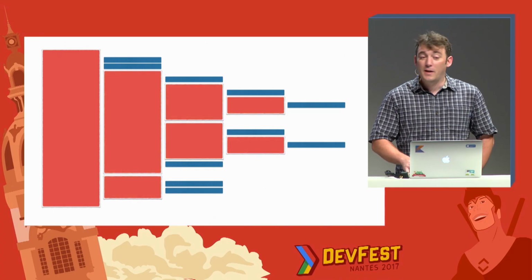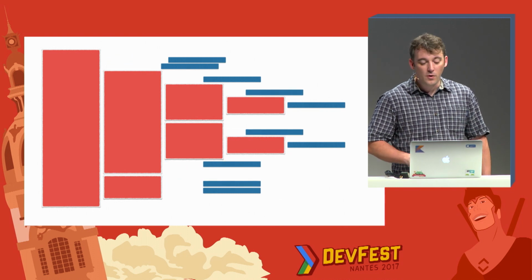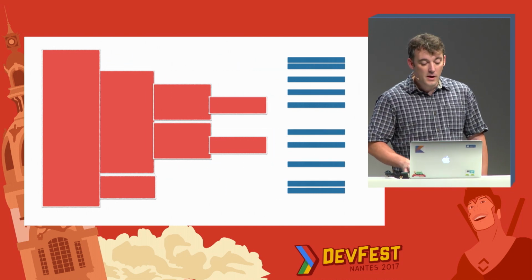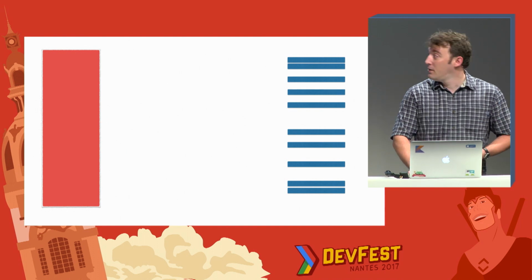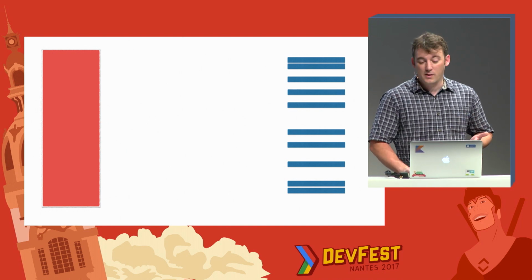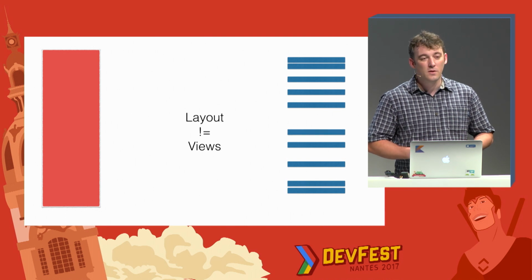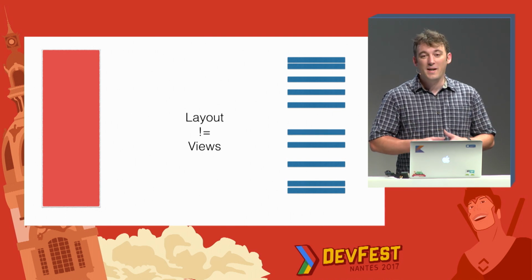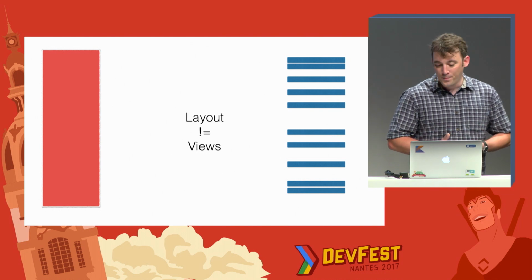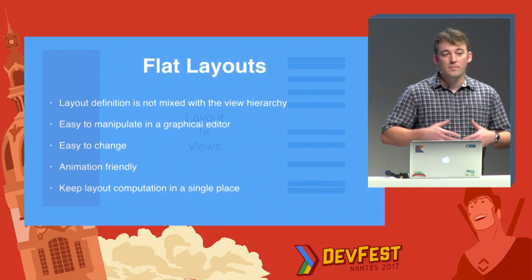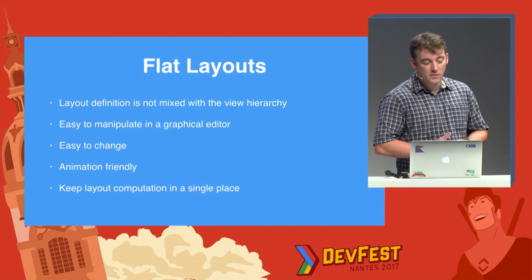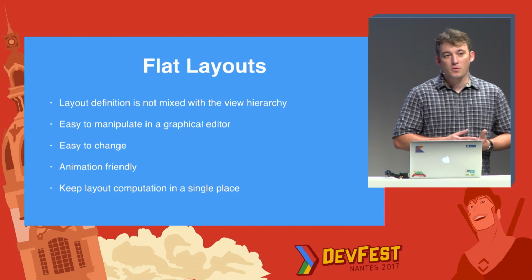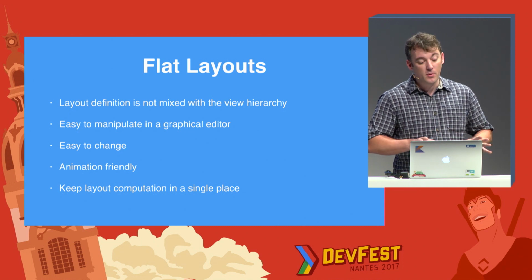So ideally, if we look back at this screen, we'd like to get rid of everything that's in the middle. That would be nice. And in fact, what I'd like is to move all the widgets on one end, and all the layout information on the other side. In some ways, what I would really like is to be able to say, the rules that position your widgets should be actually completely separate from your views. And that's what I've been talking about. That's what I call flat layouts. It's not mixed with the view hierarchy. You want to keep it separate.